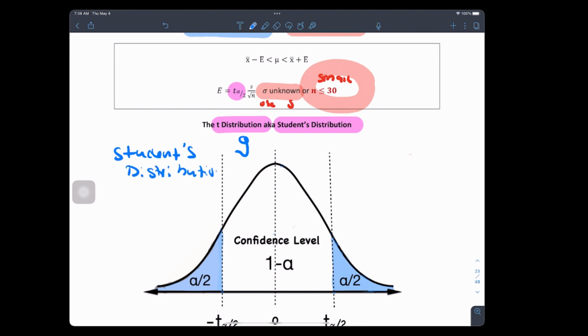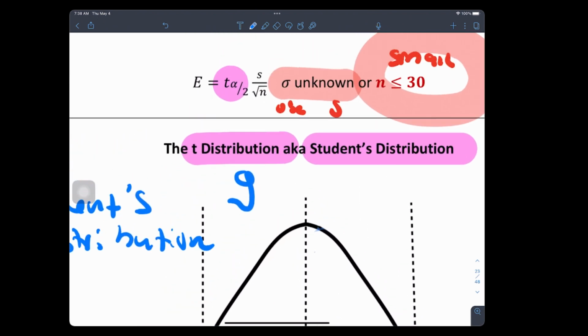Now, the reason it's called a student distribution isn't because it's about students necessarily at all. You see, when you discover or invent, or I should say when you prove and do original work in mathematics, you get to name it anything you want. You get the right to name it. So what that means is a lot of times mathematicians name things after themselves because it's their original work. So they name it after themselves. Well, the person that did the t distribution